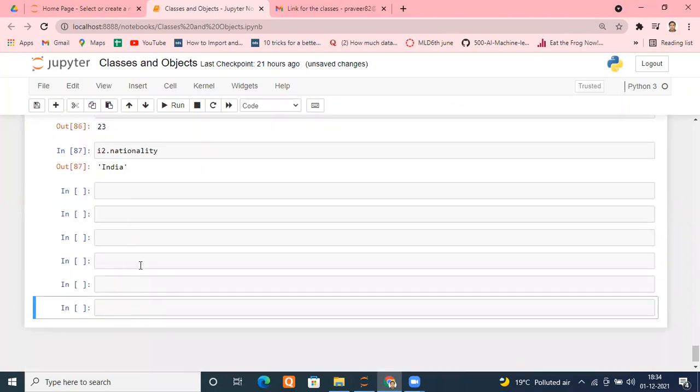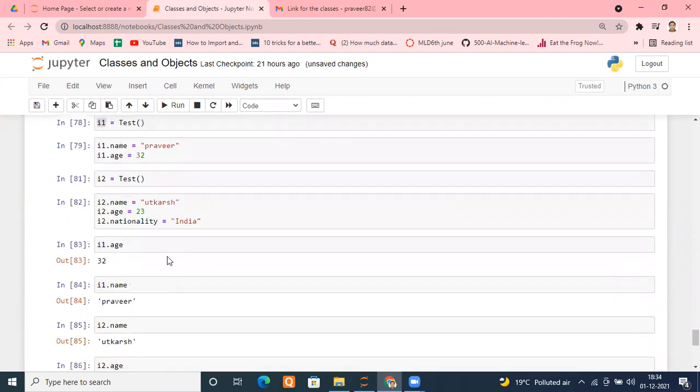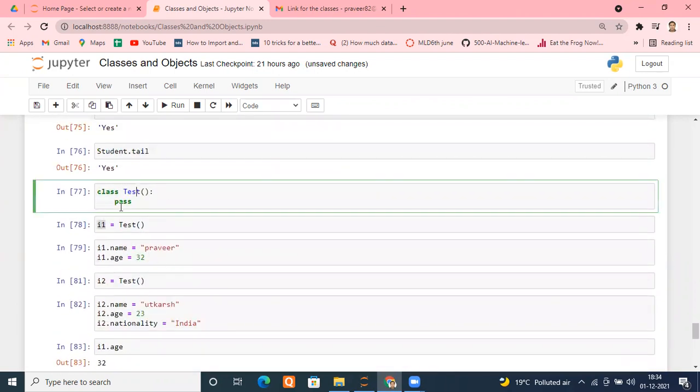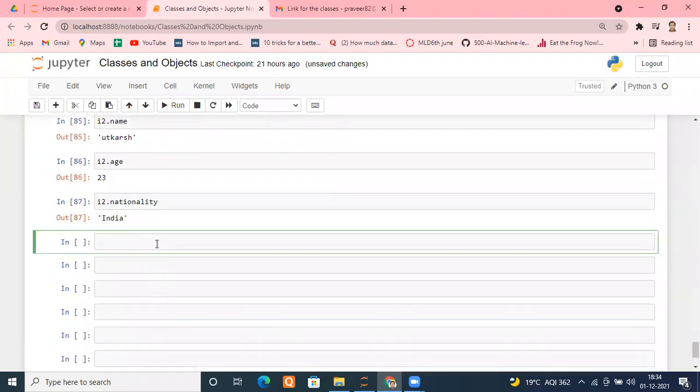So there are three methods. One method is what we just saw. We create a simple empty class, and within it we just keep putting things, or even create any class and put them later. That's entirely your choice. Means directly, without using any class, I just use this. So two ways we have used: one is the init method, the second is this way. Third, one more way. See,